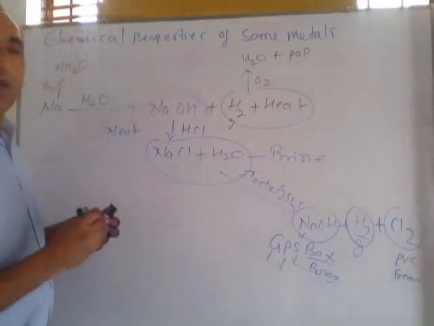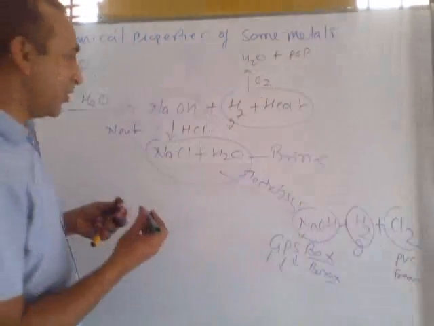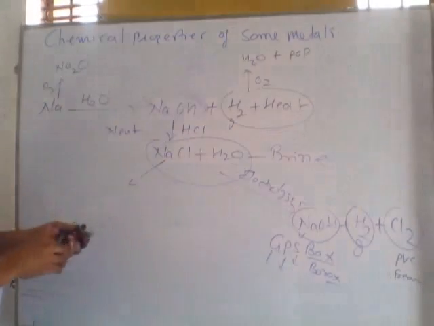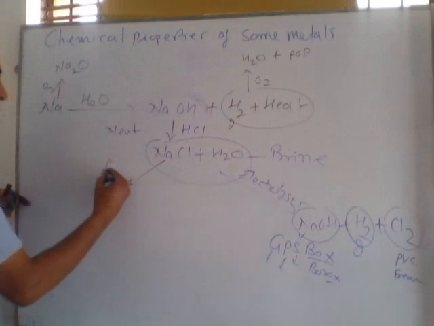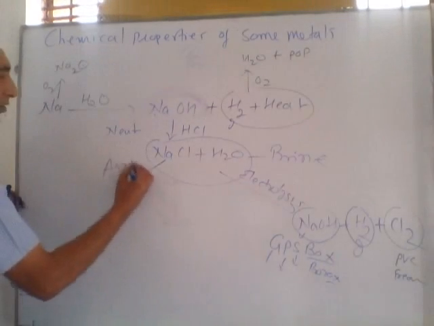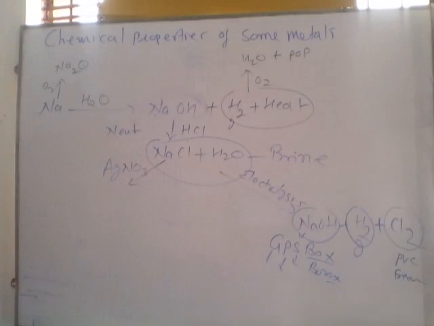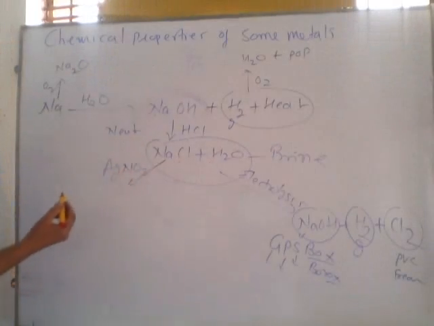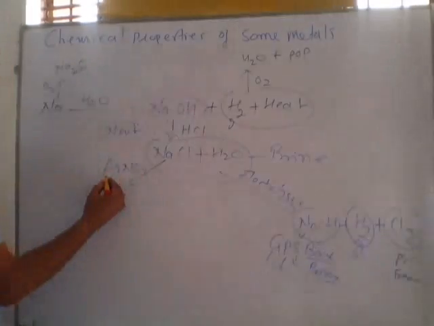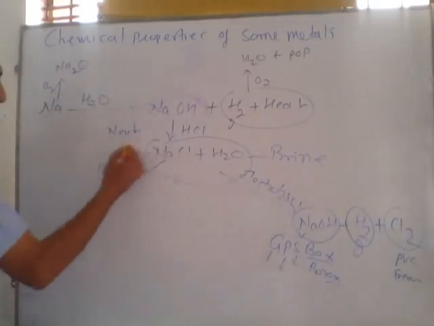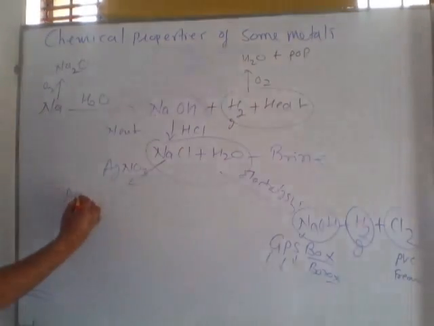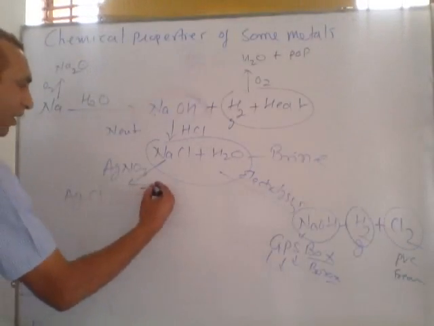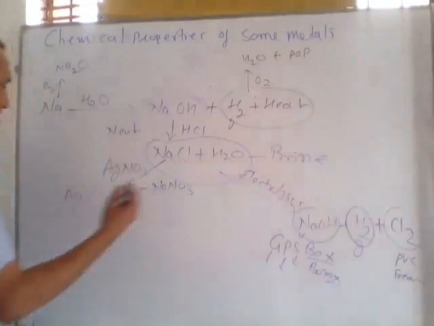Freon is CFC, chlorofluorocarbon. So many compounds are formed by chlorine. Next, if we react silver nitrate with sodium hydroxide, both in aqueous solution. We know this is a salt of metal, and this is another salt of metal. The sodium is replaced by silver and forms AgCl. AgCl is the silver chloride compound, and after the reaction sodium nitrate is removed.